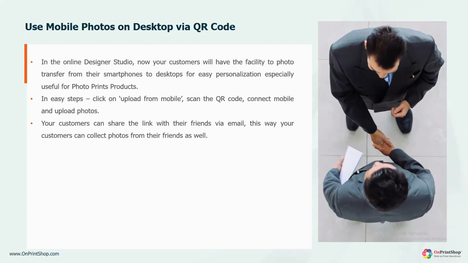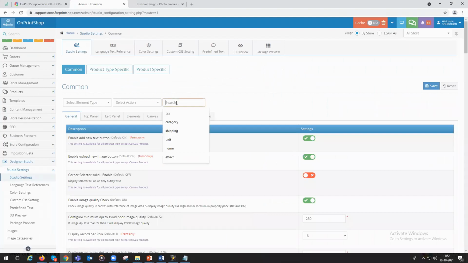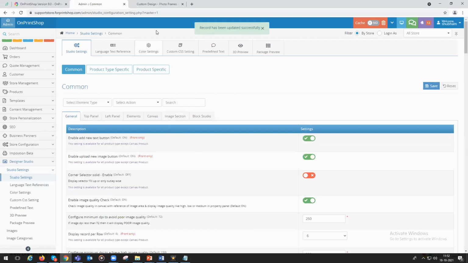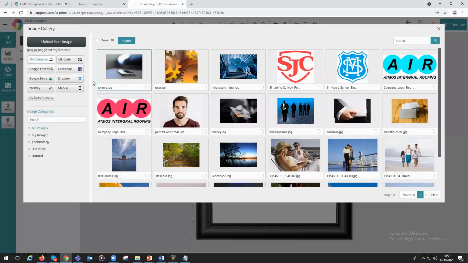Let's have a look in admin. We need to go to Design Studio, Studio Settings, under Common Setting, search for the Upload from Mobile button, enable and save it. When we go to Storefront in Designer Studio and check, under the Images section we will see the Mobile Upload